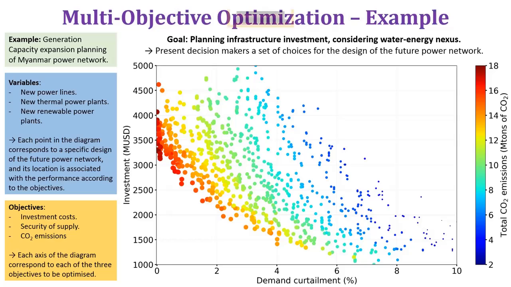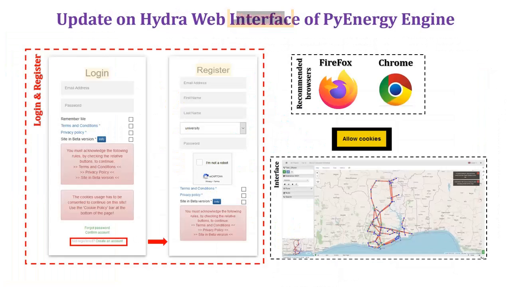Finally, because every point is a candidate, an a posteriori multi-criteria decision-making process analyzing this trade-off between these conflicting objectives is necessary to select the best candidate according to the performance of these three objectives, or another performance that could be useful for the user of the model. We're also working on the Hydra web interface that will be presented next by Wentao.